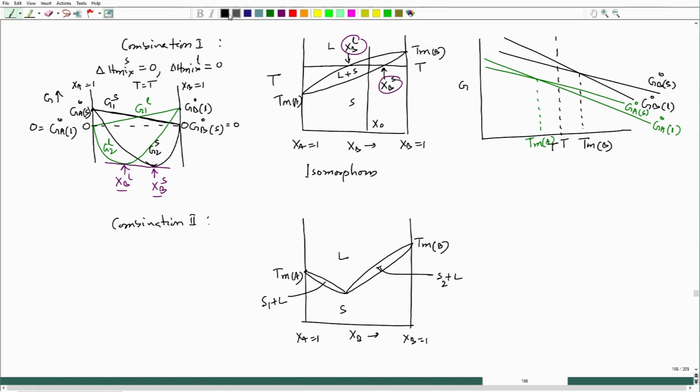And if we see at this temperature, let us say this is the temperature we are talking about. So, we see those 4 compositions, equilibrium compositions. This one is XB of S1, this one is XB of L in equilibrium with S1, this one is XB of L in equilibrium with